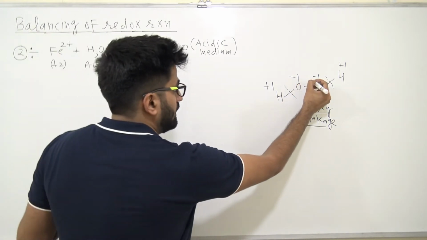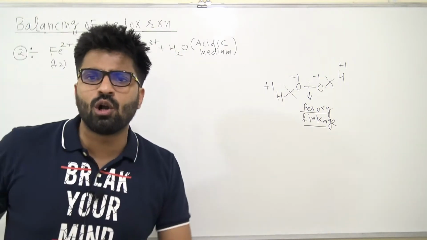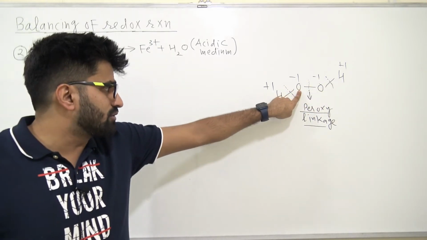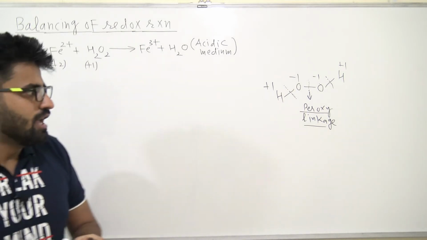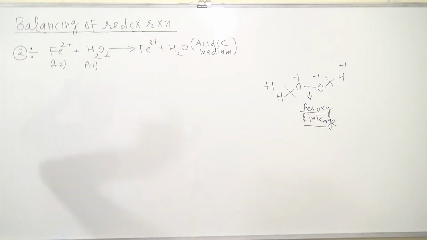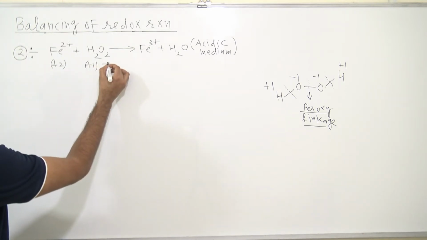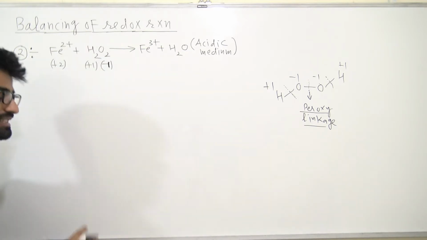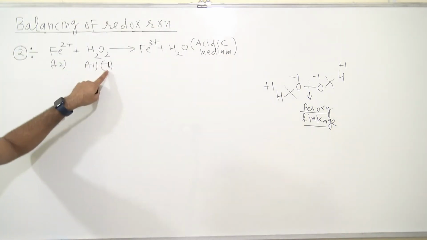Now the bond between oxygen and oxygen is non-polar. What is the meaning of a non-polar bond? No electronegativity difference. This is also oxygen, this is also oxygen. So there will be no charge on either oxygen because of the breaking of this bond. Hypothetically, we are breaking it to get the charge. So here the oxidation number of oxygen is -1, not -2. If you write -2, you will confuse yourself, right? The oxidation number of oxygen is -1 because it has a peroxy linkage. It is a peroxide, and in peroxides the oxidation number of oxygen is -1, not -2, right?